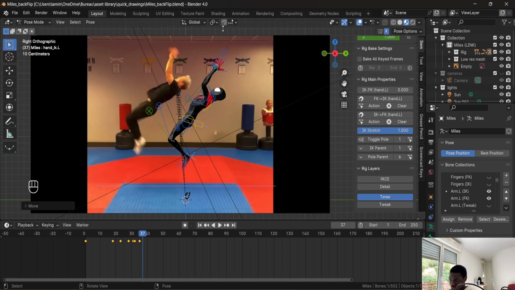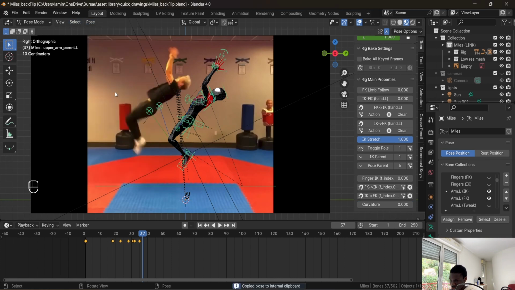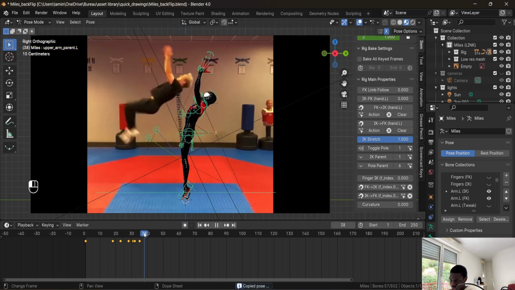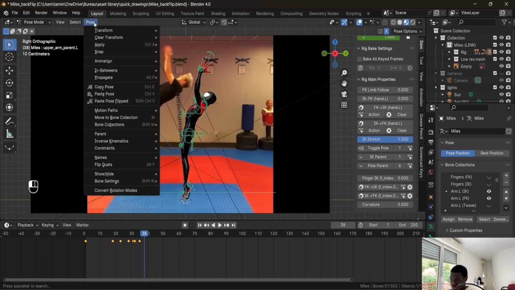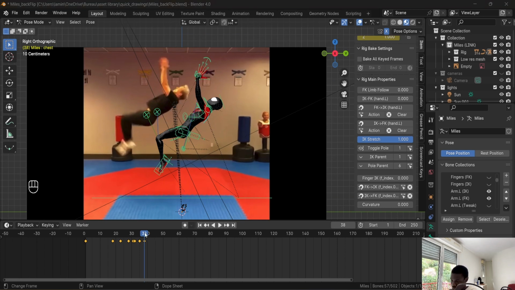First I'm going to press A and pose, copy pose, and I'll show you what I mean. If you go back and you just want to check, you see that it goes back to the last saved keyframe, and now you've lost all the posing you've done that you have not saved yet. So that's why I just copied the pose, and now I can come back, click on pose and paste the pose, so I can go back to the pose I was doing. Okay, so we have this pose now, and we can go to the next key pose, which is this one,